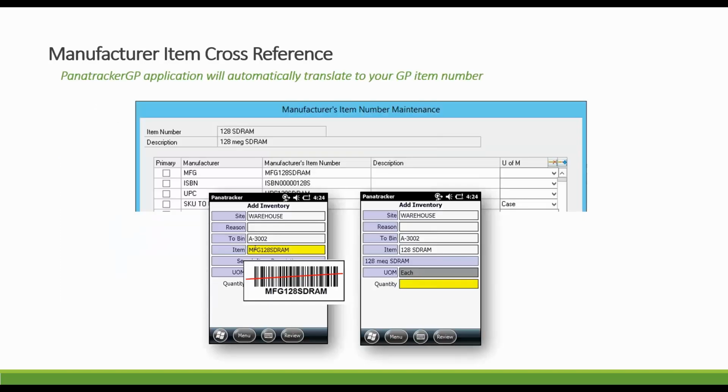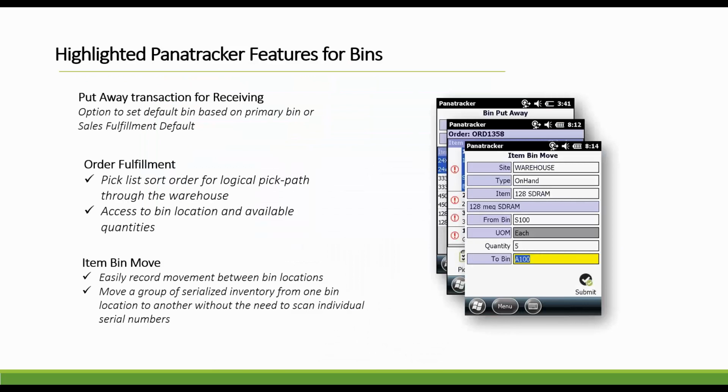PannaTrack takes full advantage of that native capability by allowing your users to scan barcodes into our application and automatically translate and populate your GP item number for each and every transaction you make. Looking at some of the ability to utilize the multi-bin locations, we have up on the screen here some of our great features. Order fulfillment, bin moves, bin put away transactions, and that we'll get into as we get to the PannaTrack application. But the ability to move inventory between bins, to stop recording every transaction on paper, passing that through,